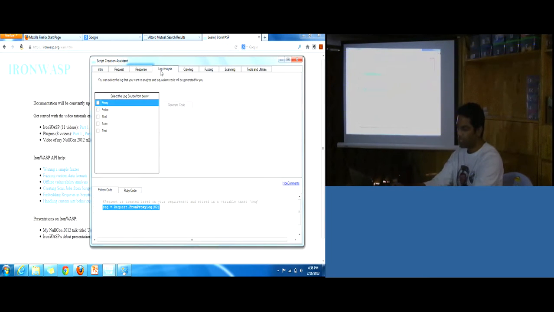It has a lot of features. You can analyze the logs, say all the requests and responses collected in the logs, right? You can read through every single request and response, and analyze them for certain information.